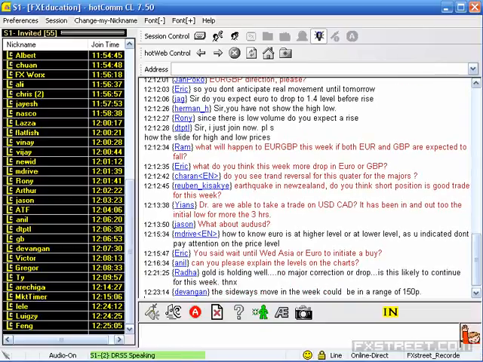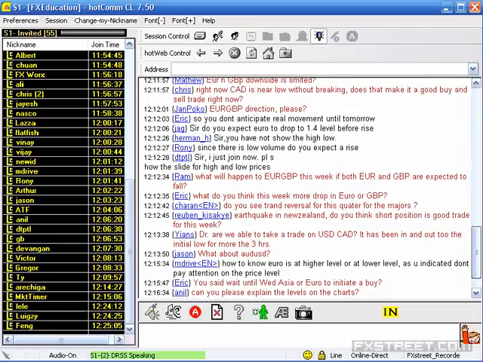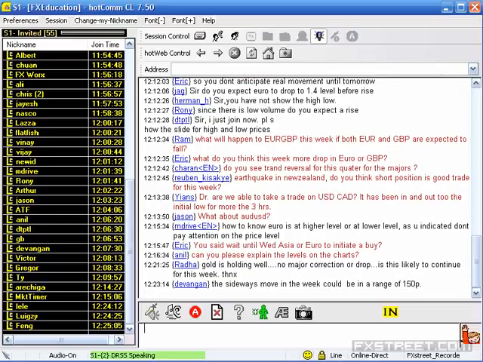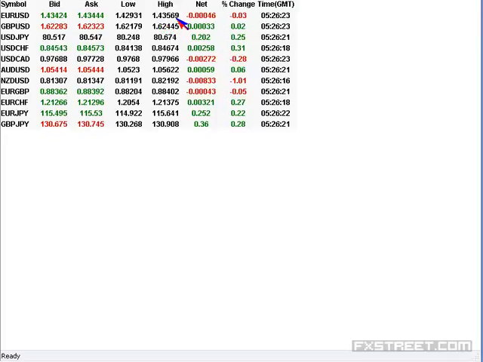How to know if the euro is at a higher level or at a lower level? As you indicated, don't pay attention to the price level. You know the euro went up to 1.4670 and things like that, and then subsequently dropped. But it doesn't matter. As far as intraday is concerned, it has formed the high 1.4356. The high has not been breached once it is formed from the start of the session. So there is a likelihood that it could make the slide. So that way, about a 20-30 pip swing trade, sell and buy trade, you can do it.